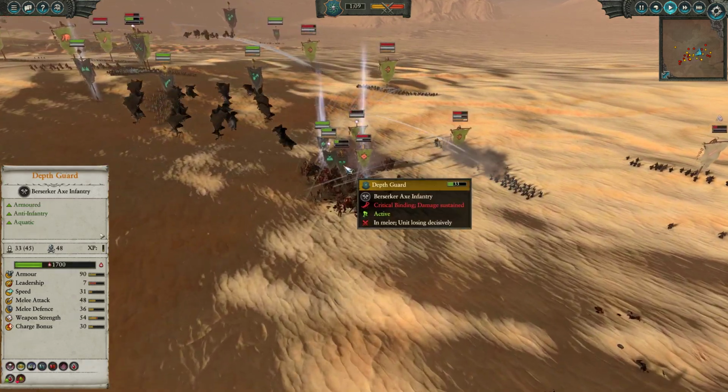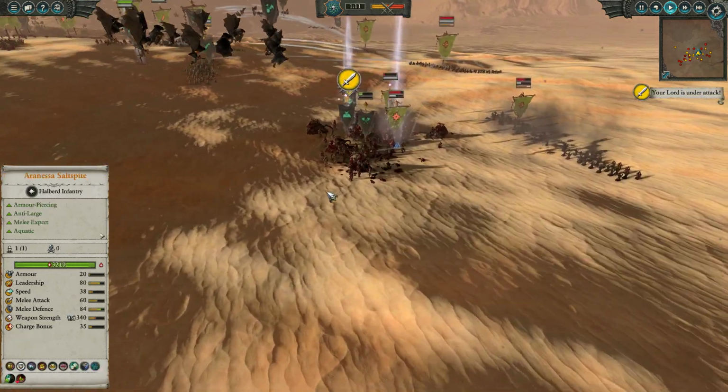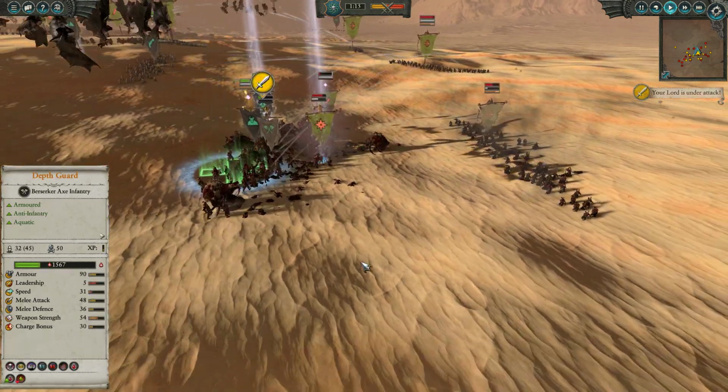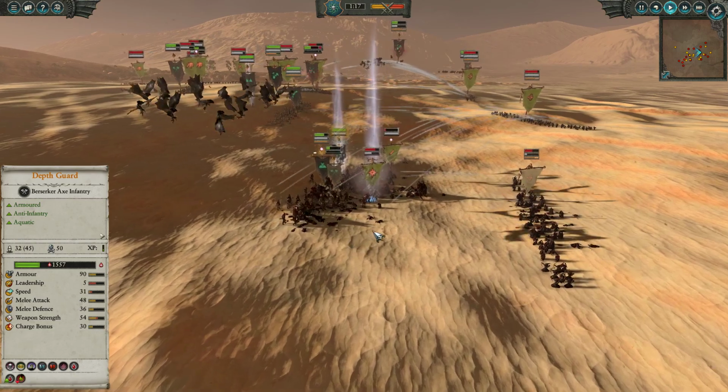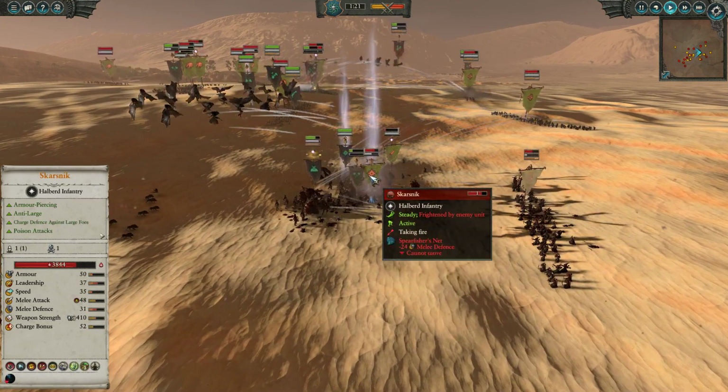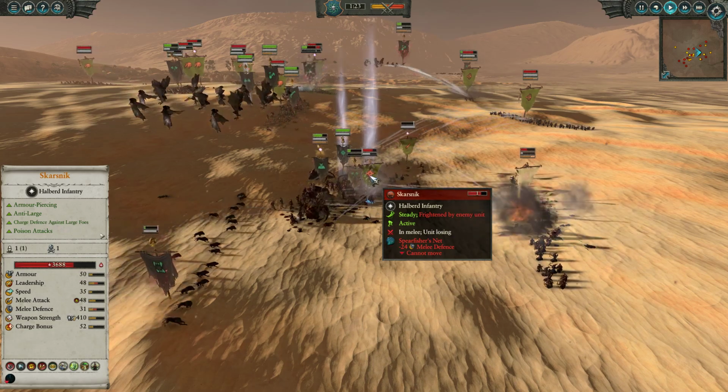Now, one cool thing about Depth Guard is they do come with the hunger, so they will be regenerating whilst in melee combat, if you have a little look down here, and they will certainly be able to chew their way through many a goblin, but they're taking so much damage in the center. Now, Skarsnik gets hit by a Spearfisher's Net, pinning him in place, plus a taunt, and he is not loving